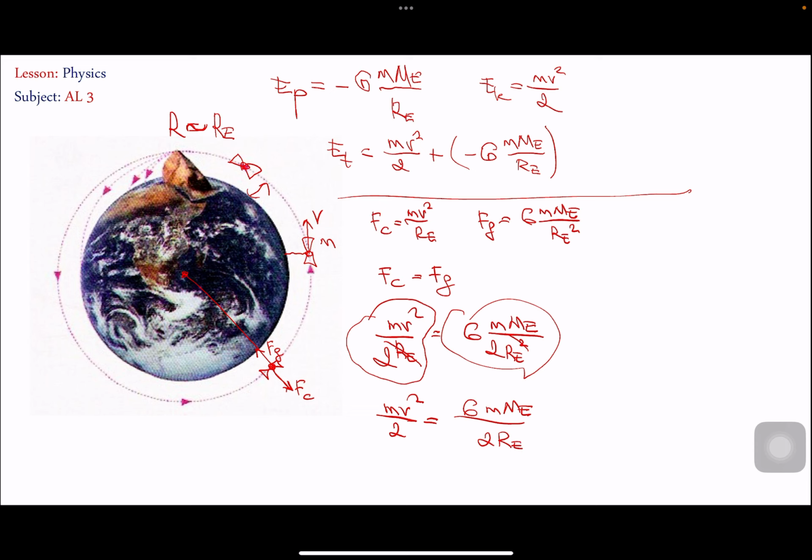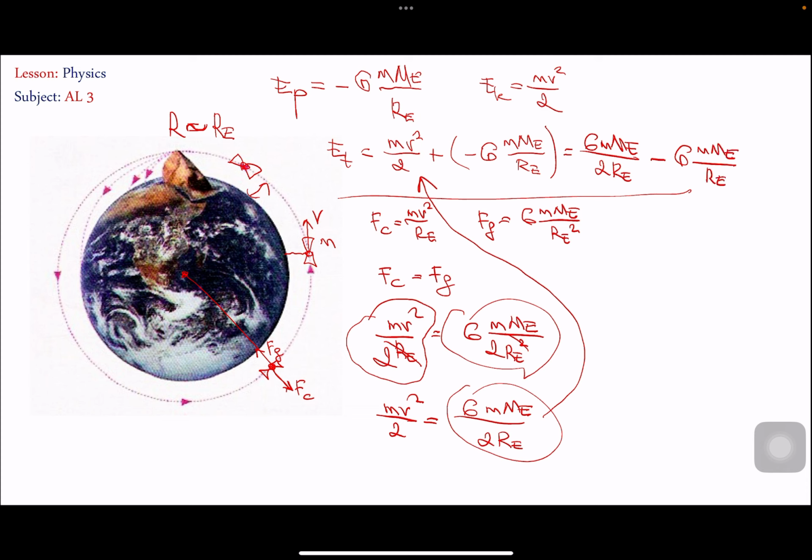So in my total energy, instead of kinetic energy, I can plug this expression into my equation. So I will have G times m M over 2 times the radius of Earth, and plus, indeed, I have the minus sign, G times m, the mass of Earth, over the radius of Earth. So you see the only difference here is that I have the division by 2. That means it's the half. So my total energy,